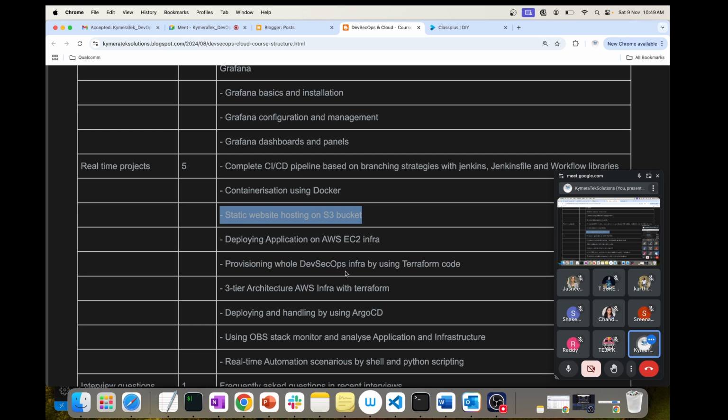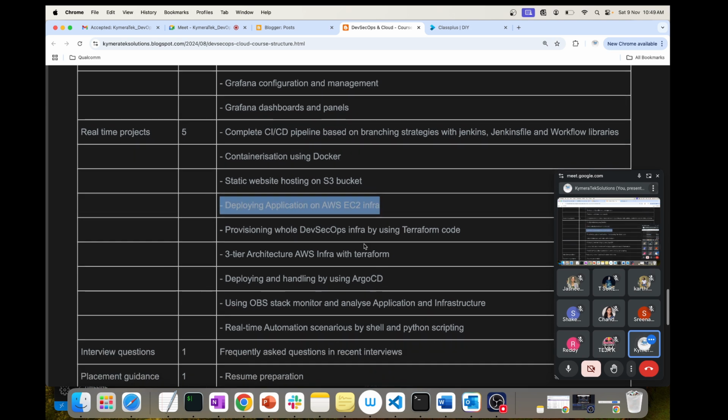I'm going to show you during the AWS sessions, and then we are going to deploy an application on AWS EC2 infrastructure, which we call a 3-tier architecture, using Ansible Galaxy roles. This is one complete project deployment. This is one deployment pipeline, and then we are going to set up DevSecOps using Terraform code, where we actually scan the Terraform code as well, like how we have done scanning of Java code using SonarQube. We will also go with one of the tools.